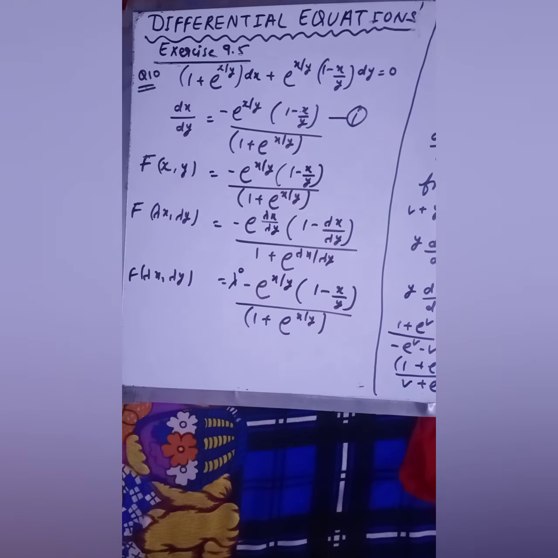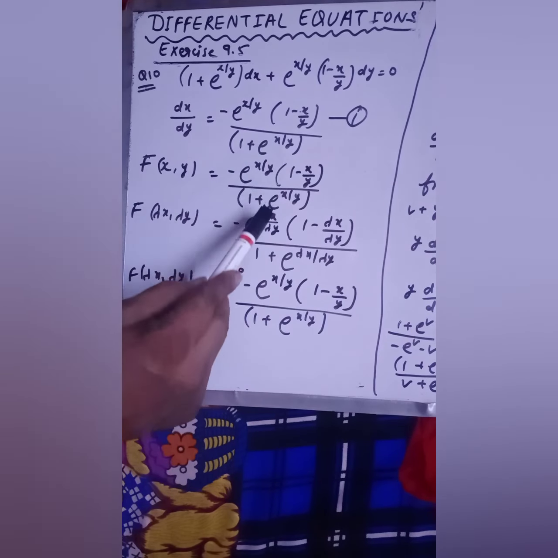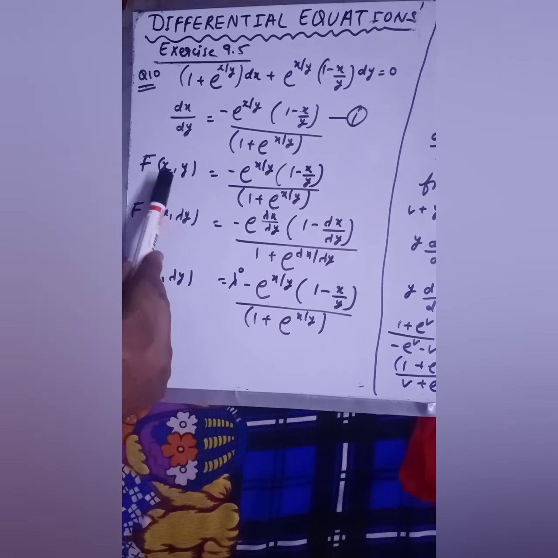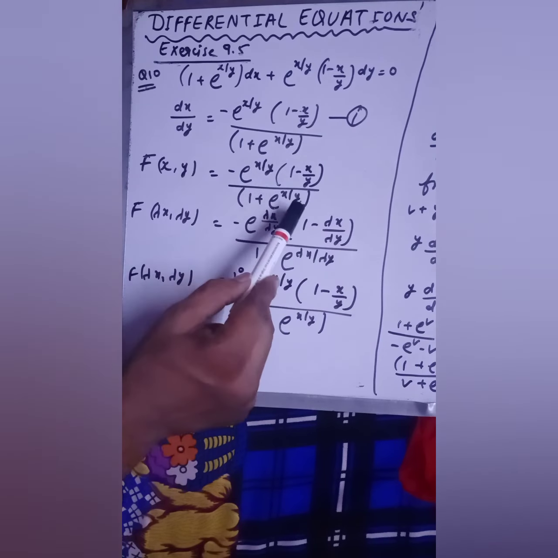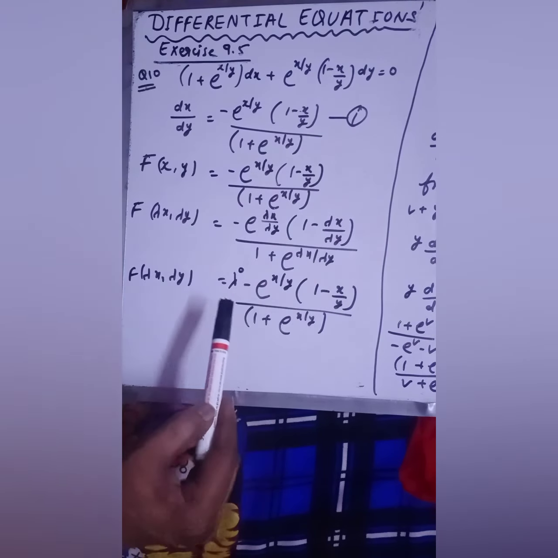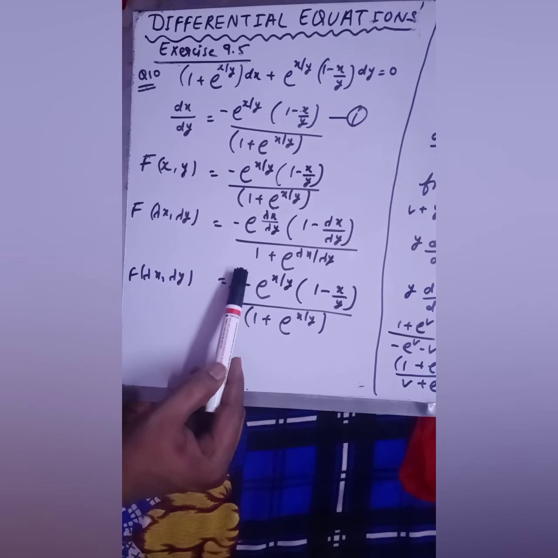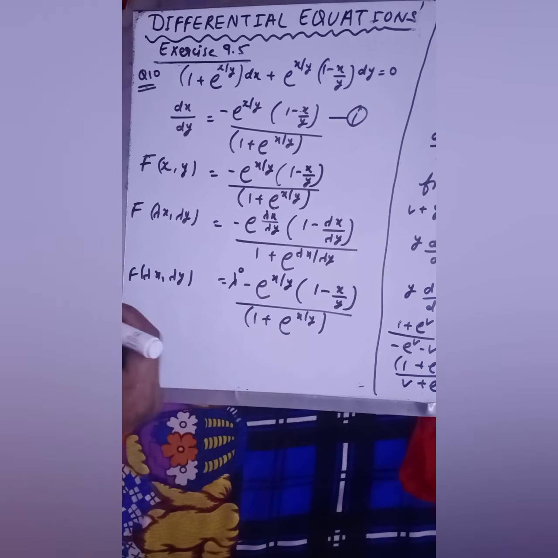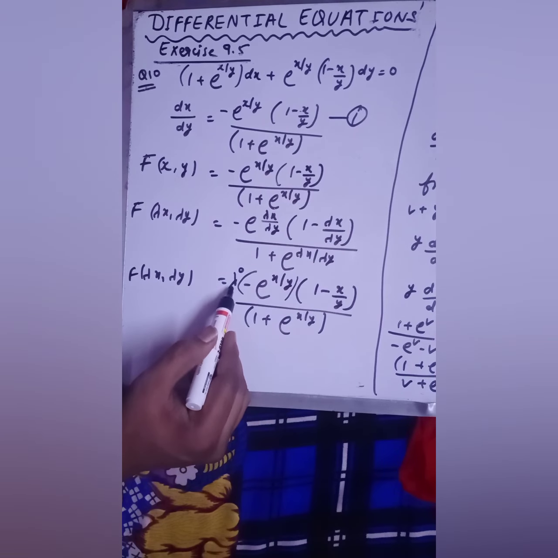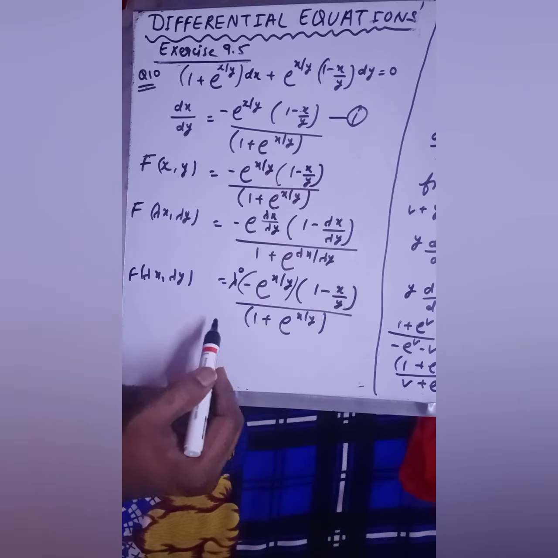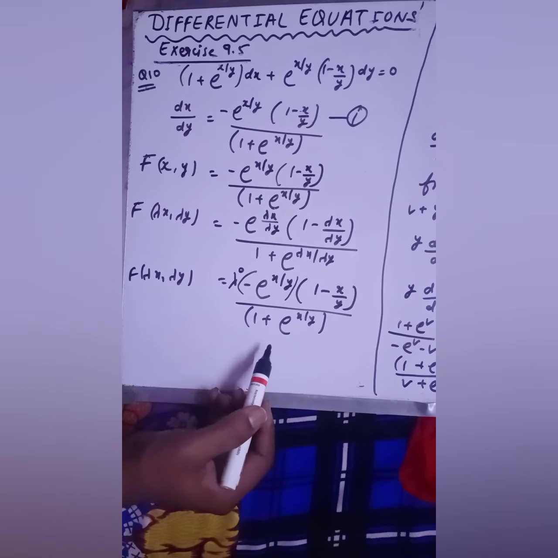So this is equation number 1. Now as you know that this is a function of x y, so the same term I am copying here. Now I am replacing x by lambda x and y by lambda y. So when we put this in this equation, after solving you will get lambda to the power 0 and this whole term. So as you can see here, this is a homogeneous equation of degree 0.